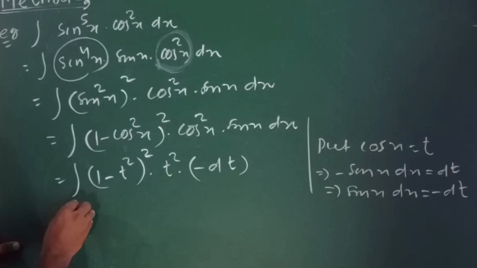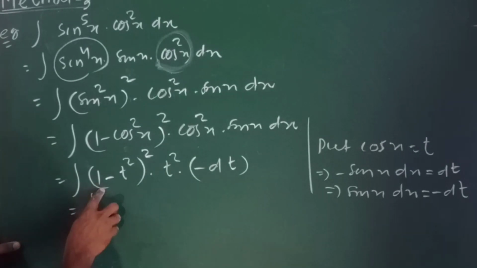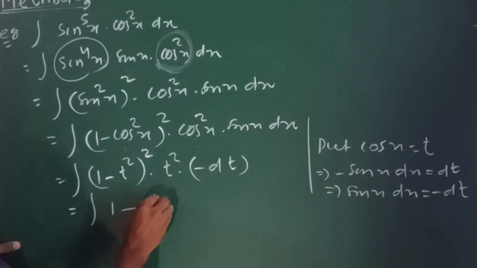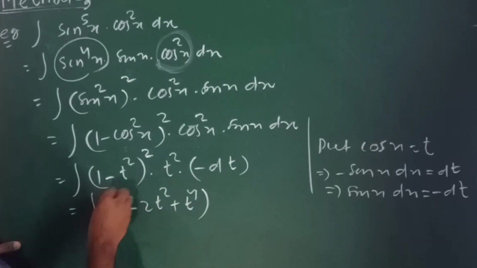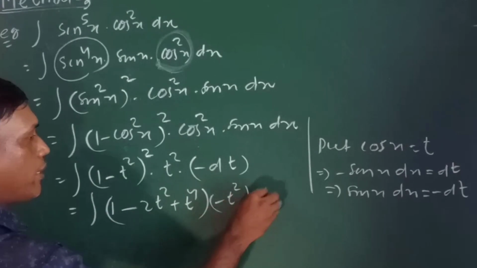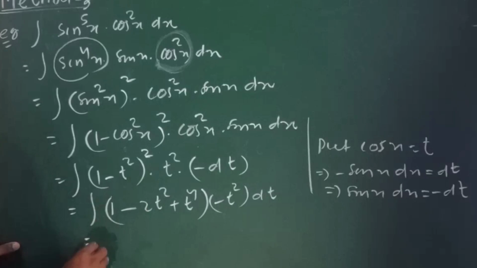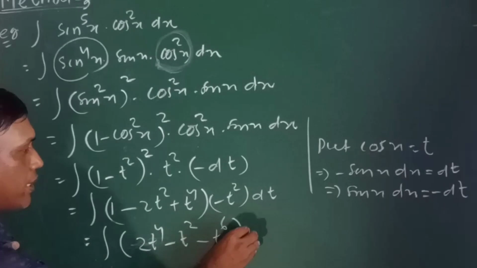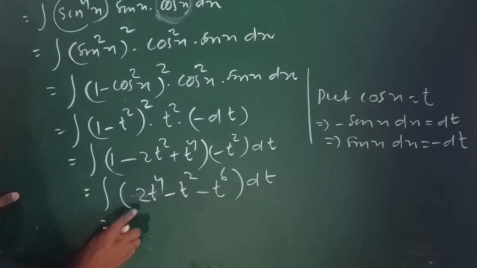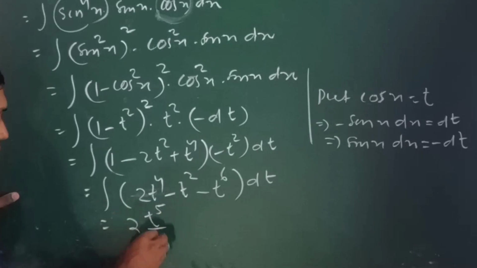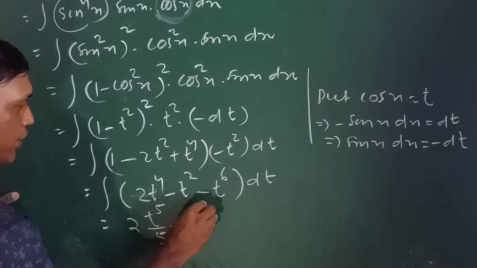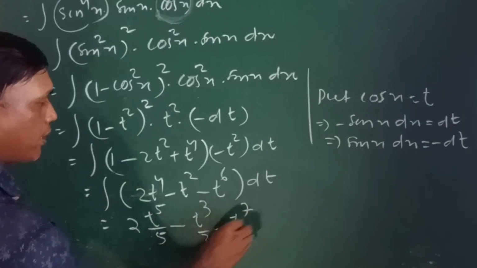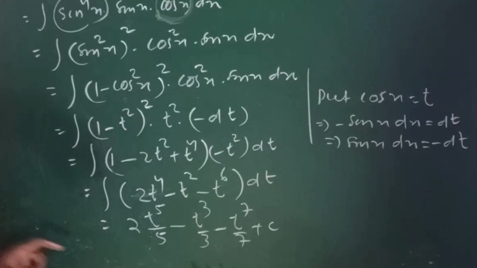So expanding this, I get a minus b whole square, a square minus 2ab plus b square, into minus t square dt. So multiplying this, first multiply here, this is minus minus plus, and this is 2t to the power 4 minus t square minus t to the power 6 dt, and this is equal to, after integration, 2 into t to the 5 by 5 minus t cube by 3 minus t to the power 7 by 7 plus c, and after putting the value of t equal to cos x, you will get